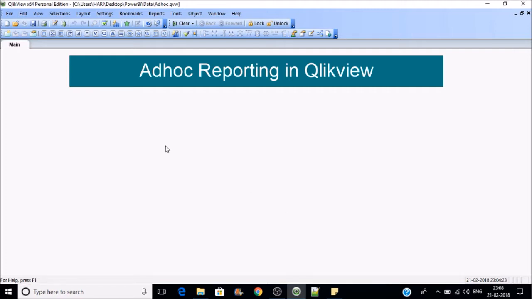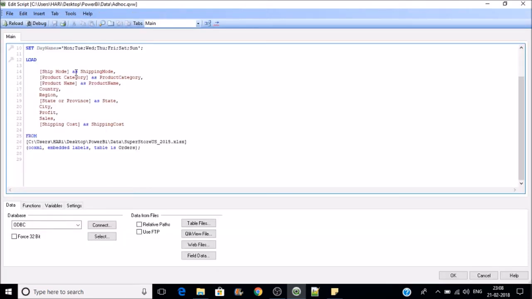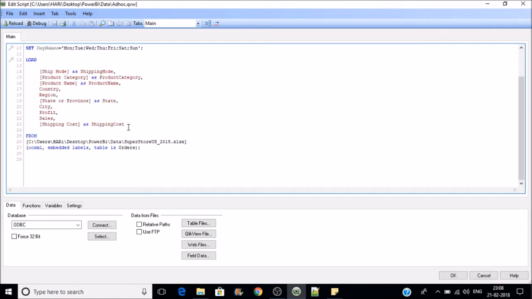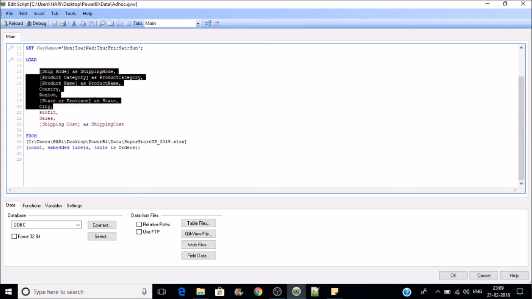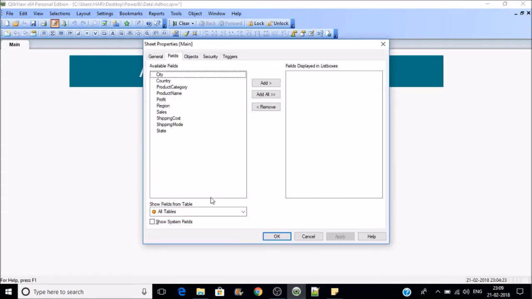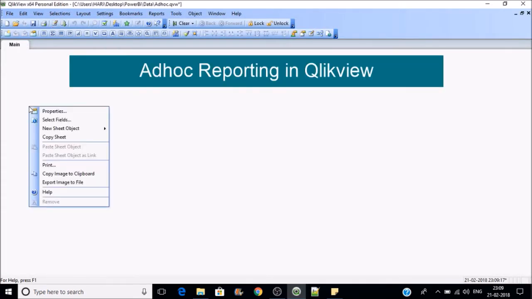To do that, we need to have at least one table in the Qlikview data model. So here I'm loading a table which has these fields, and the last three fields are the measures: profit, sales, and shipping cost. These three fields are the measures and the remaining ones are dimensions. This is just an orders table which we are using to build. Once we have these dimensions and measures in our data model, just reload so that we get the data into our model, and then